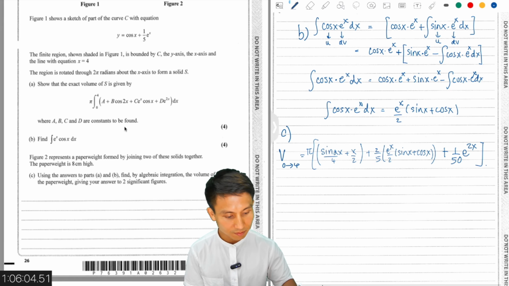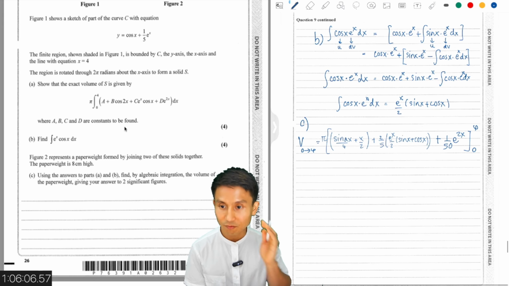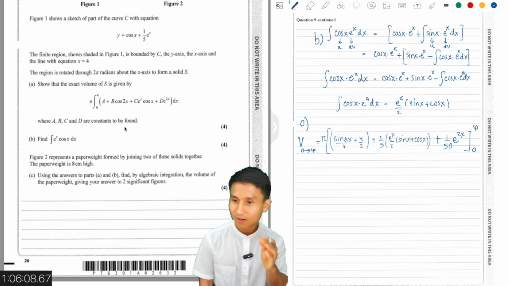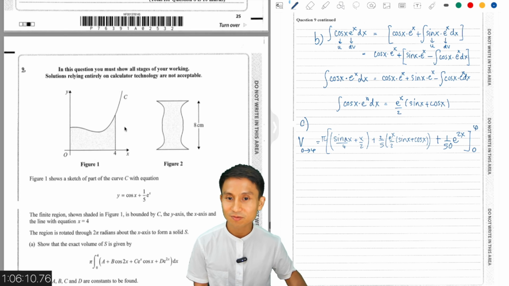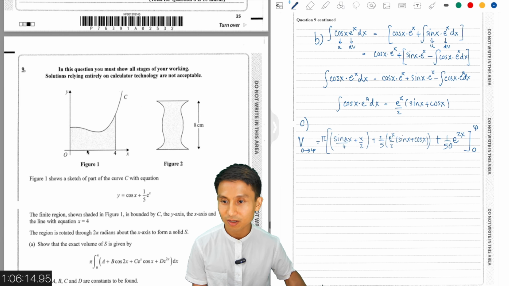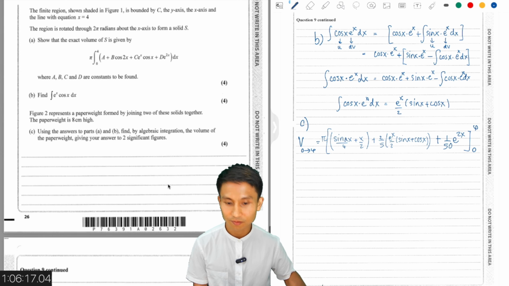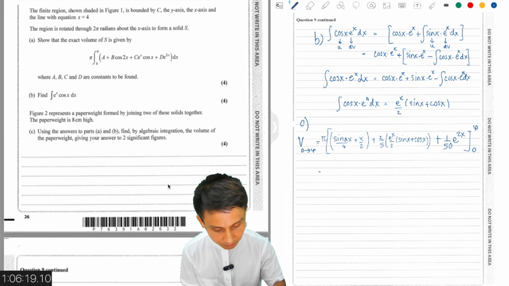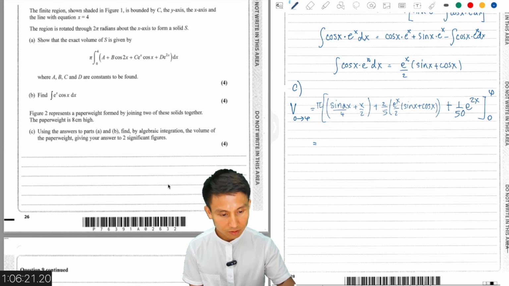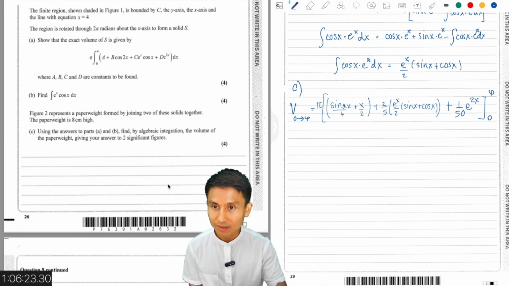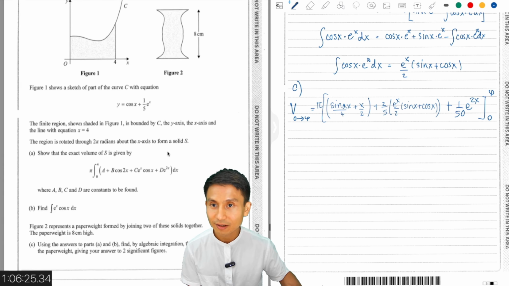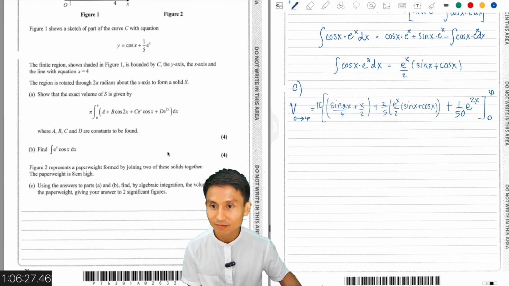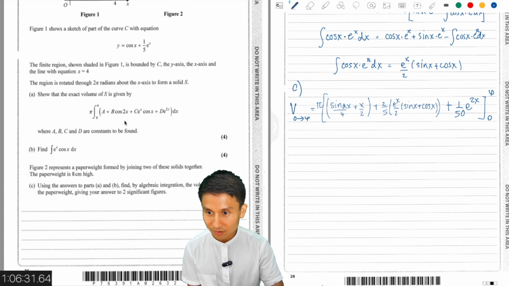So if I sub 0 to 4 in, I should get the volume of just one of them. But we need two of them because it's forming two. So this is 1 to 4, and then you have another half here. So you're forming this shape, so we need two of that. So volume of S, right? This is the volume of the solid S. Volume of S is given by this. So it's the paperweight, volume of paperweight